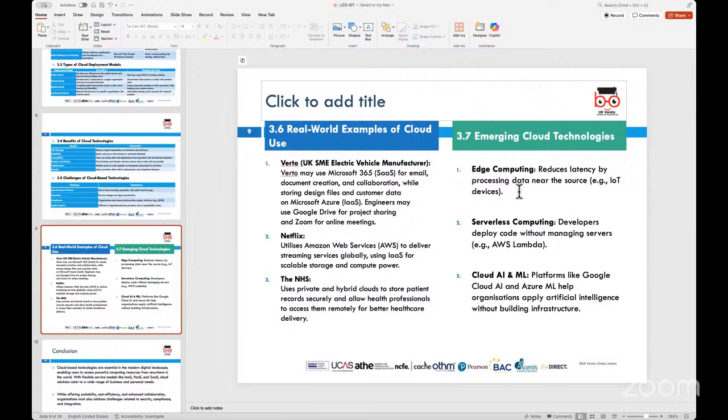Now, you also need to look into the emerging trends coming up in cloud-based technologies when we talk about the future. One such example is edge computing. Edge computing brings data processing closer to the source of where the data is generated and consumed, and it reduces latency. That means edge computing is a faster way of processing your data, and there are lots of companies working on this. Edge computing and quantum computing is one of them.